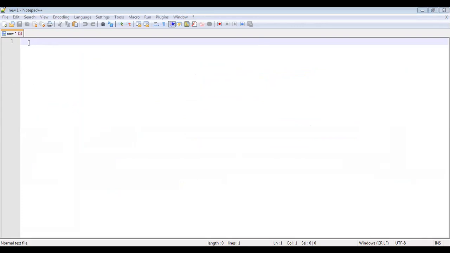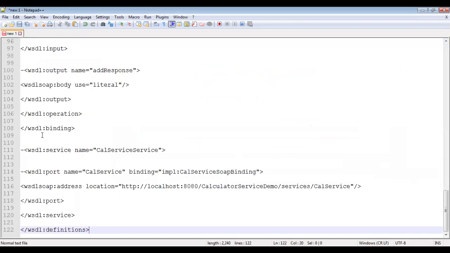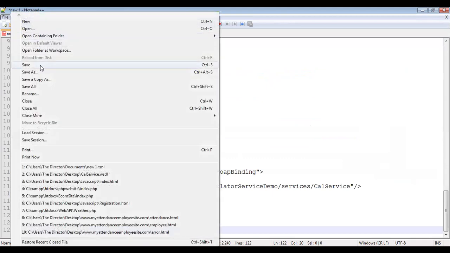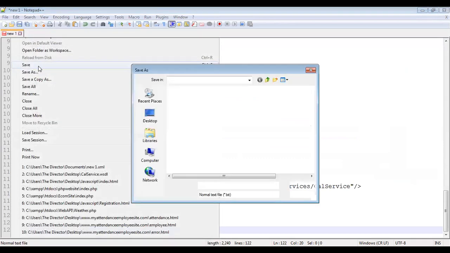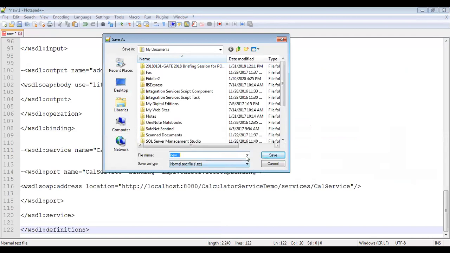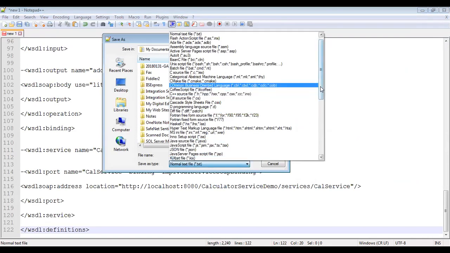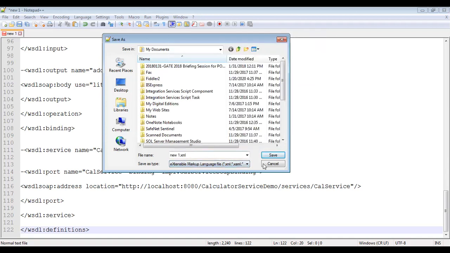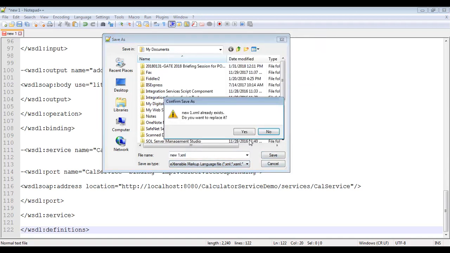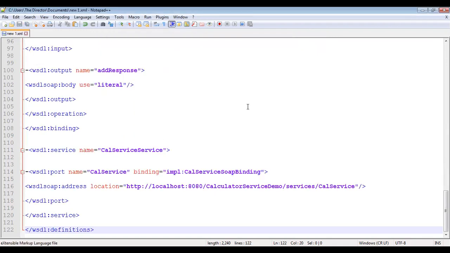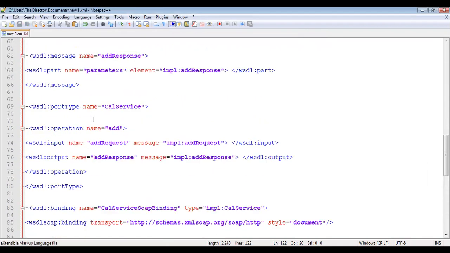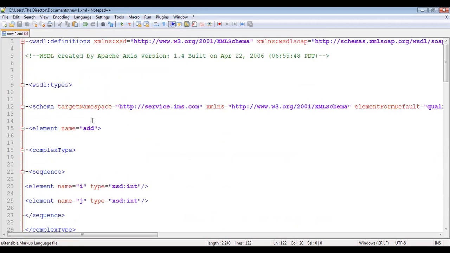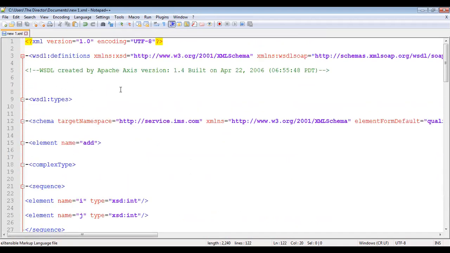So this is the Notepad++ editor. Paste the code, then use File, Save, and save this file as an XML file, extensible markup language. So see here, these are the WSDL file format created by Apache Axis.